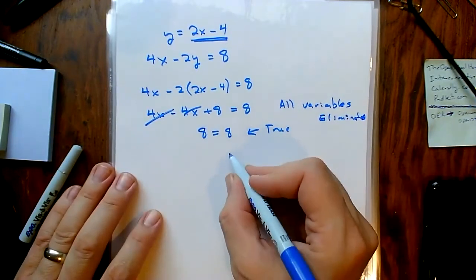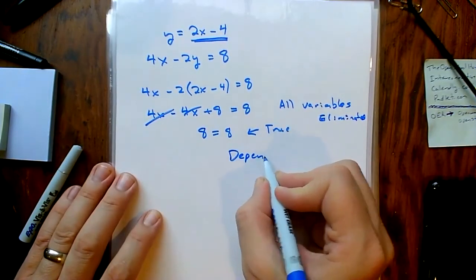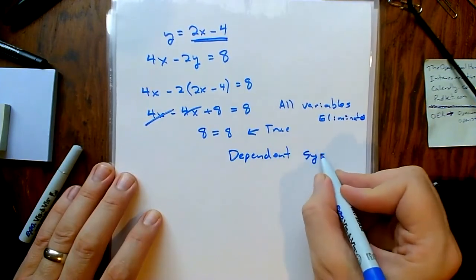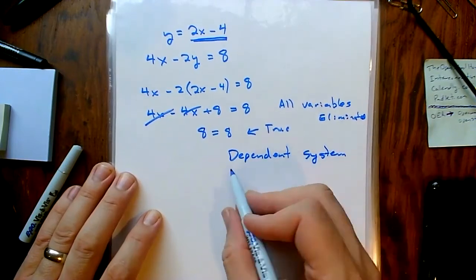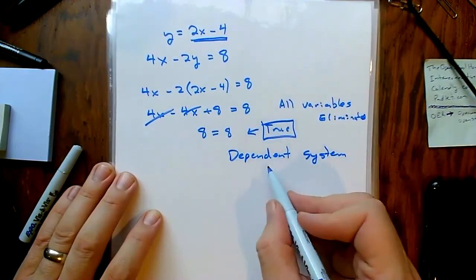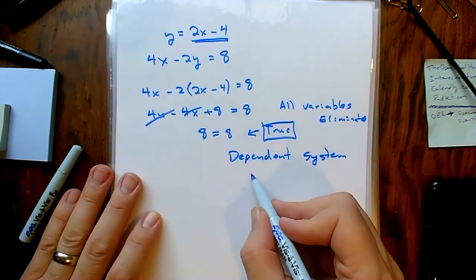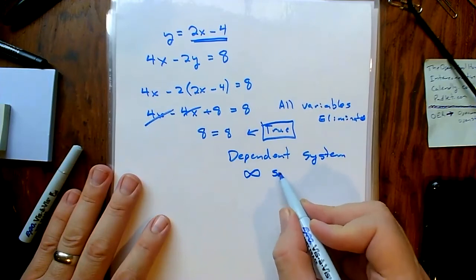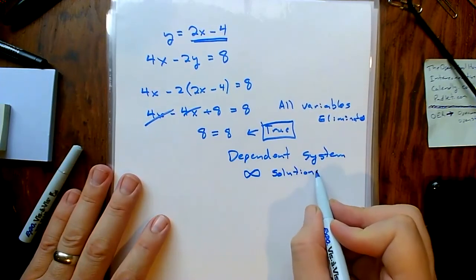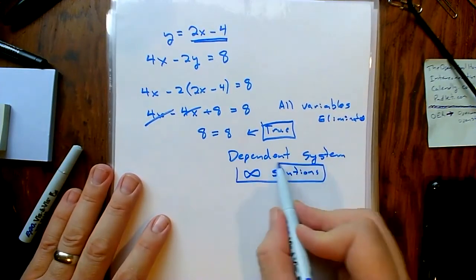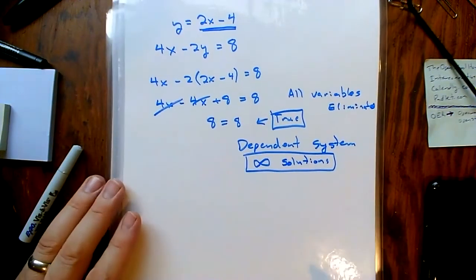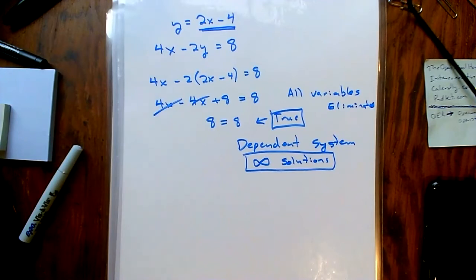This is a dependent system. Anytime we're left with a true statement, it basically indicates that we've got not just one solution, but a lot of solutions. In fact, we have an infinite set of solutions. If we had something where there were no solutions,